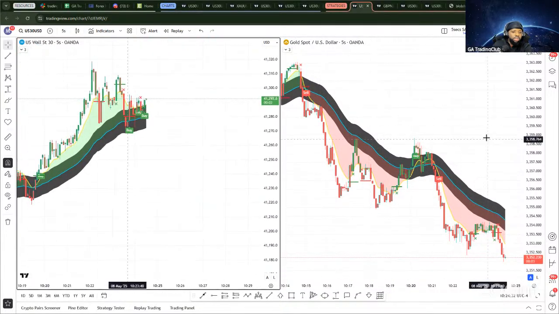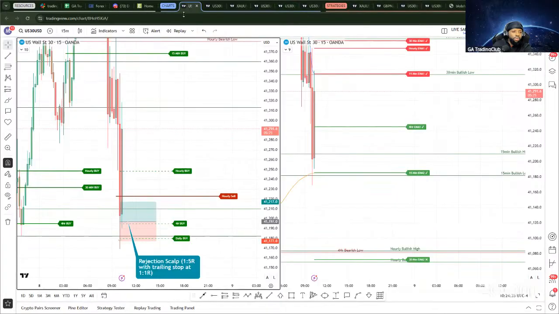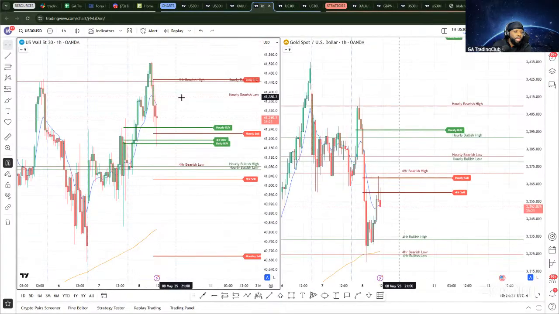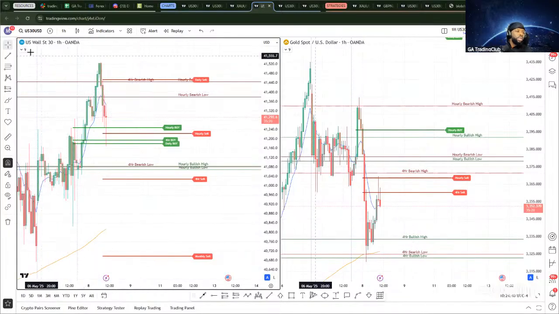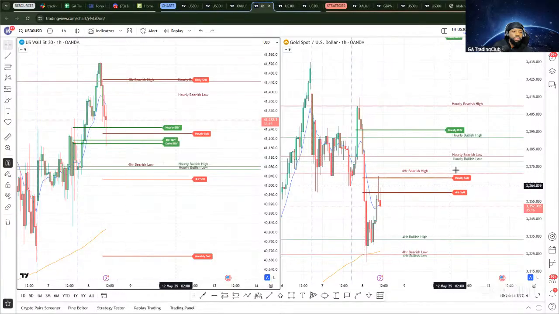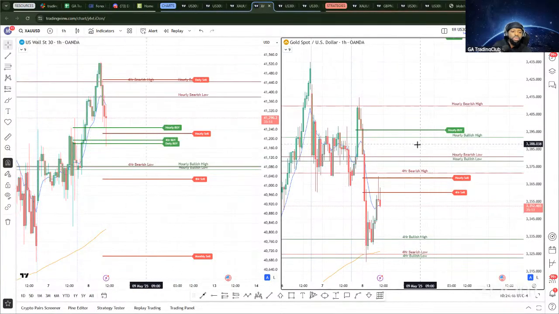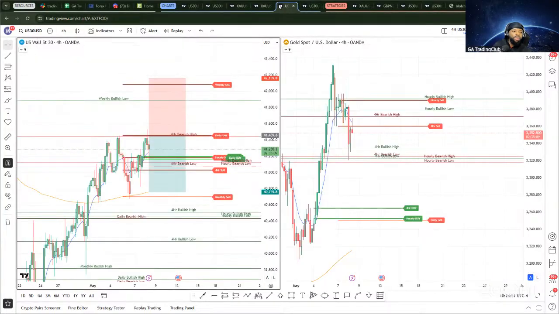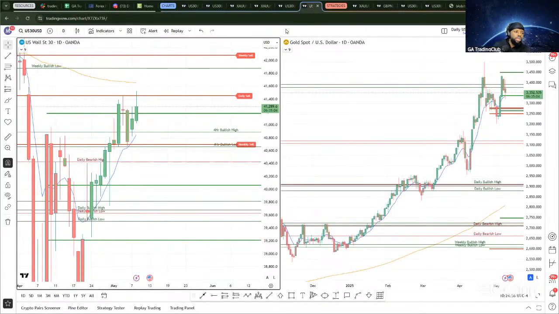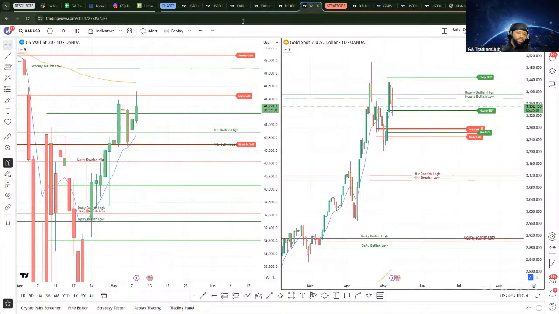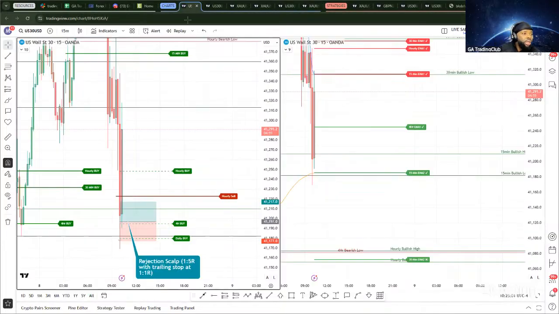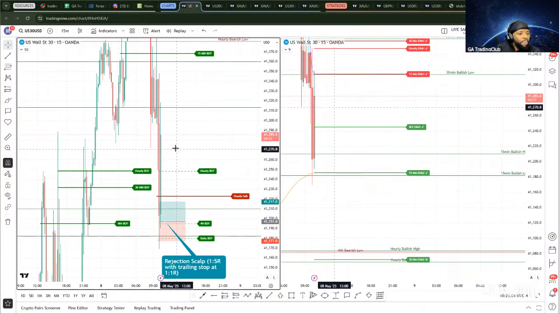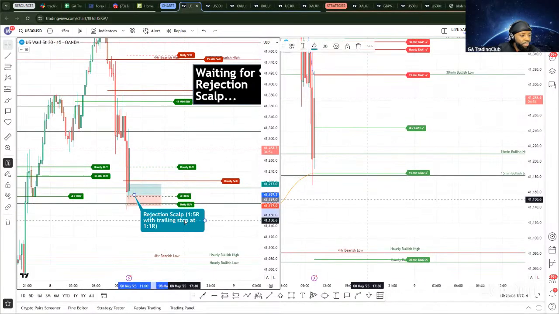Let's see here. What was I looking for? I was looking for the higher time frames. So higher time frames, no, we don't have anything for US 30, nothing for gold that I can see. On the 4 hour, nothing for US 30 or gold. On the daily, nothing for US 30 or gold that I can see. For the rejection scalps,